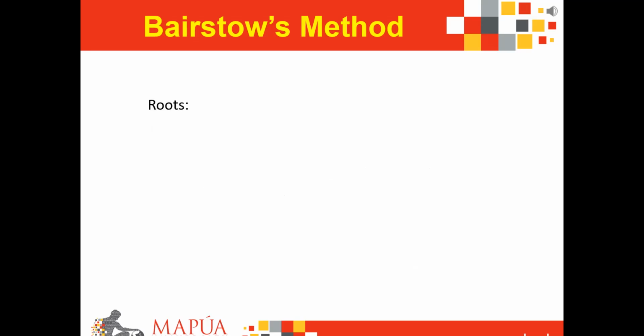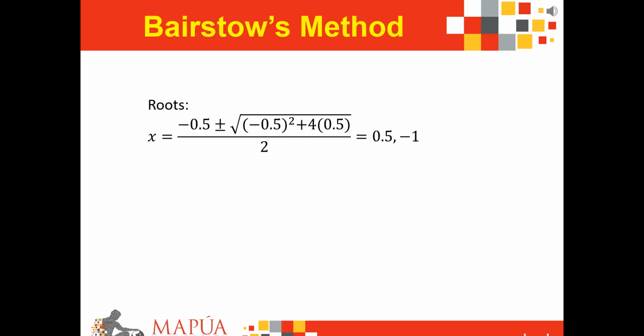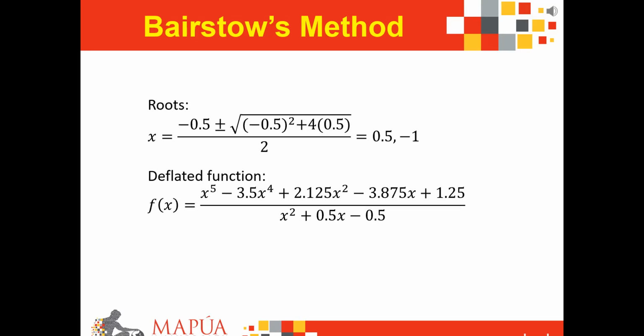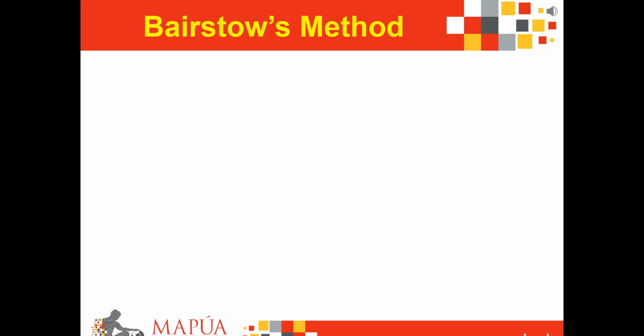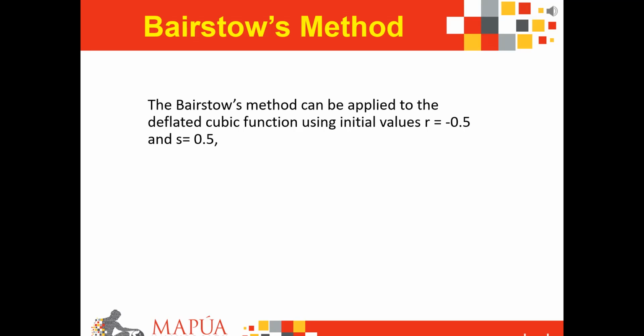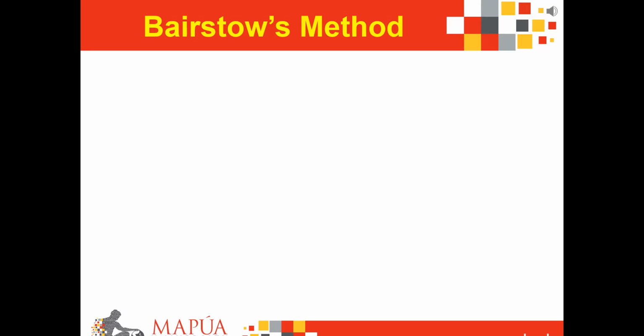Establishing then the roots of your quadratic function gives us this solution, ending up with the roots equal to 0.5 and negative 1, which evaluates to 2 real numbers. We then repeat the process by deflating your given function, which is a fifth order polynomial function, and dividing it by your quadratic factor, giving us a deflated cubic quotient equivalent to x cubed minus 4x squared plus 5.25x minus 2.5. We then subject that cubic function back to Bairstow's method in order to establish the remaining 3 roots, which should eventually give us